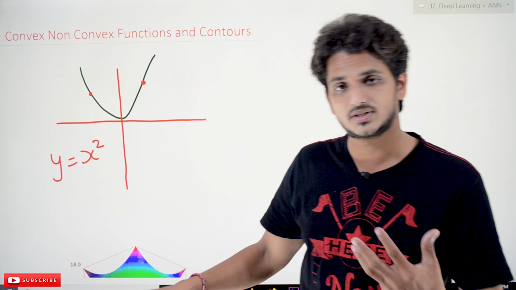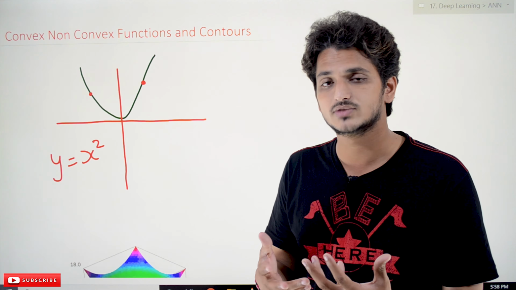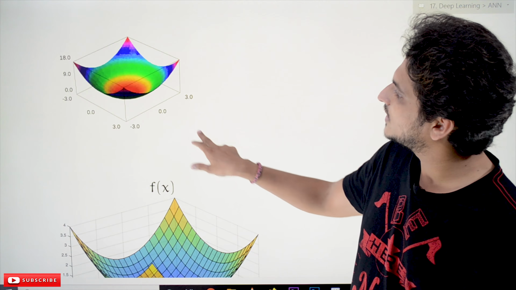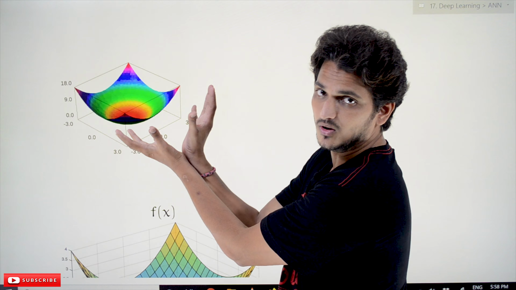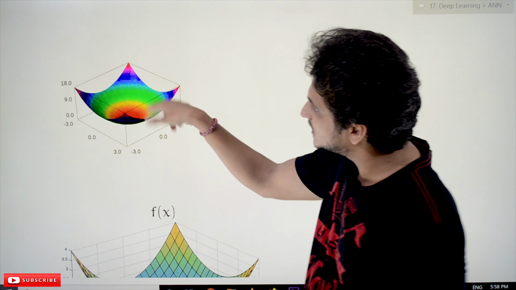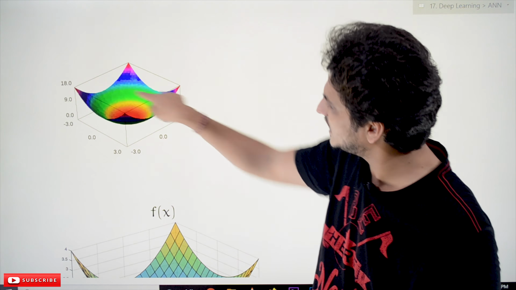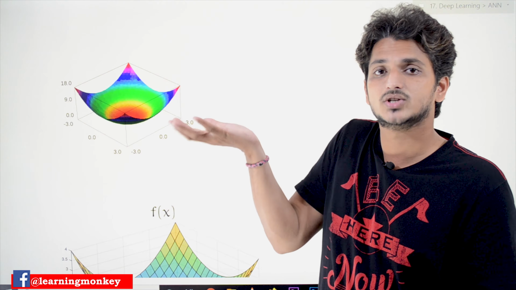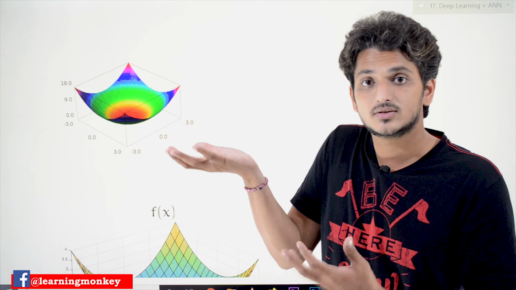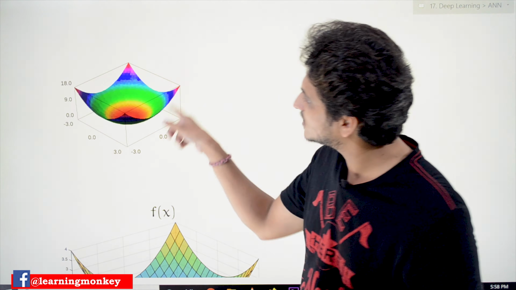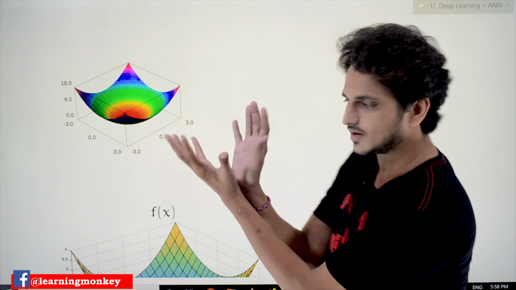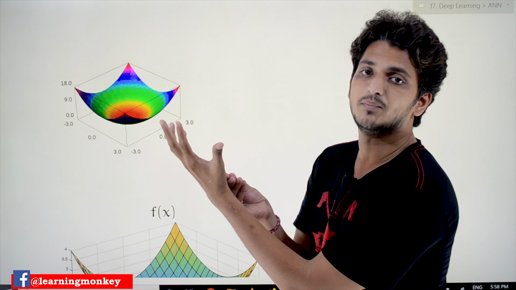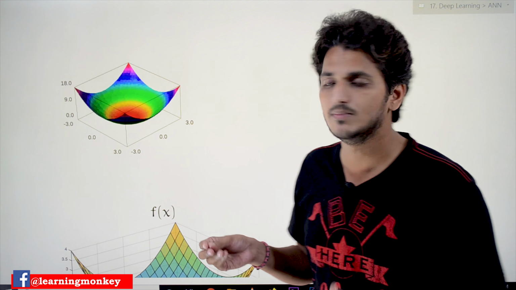Now let's take a visualization of a two variable convex function so that you will have a better understanding. It is in the shape of a bowl. On this function, if you take any 2 points and draw a line segment, it will be above the function. So we call it a convex function. This also has one minimum point, at the bottom of the bowl. We call it the global minima.